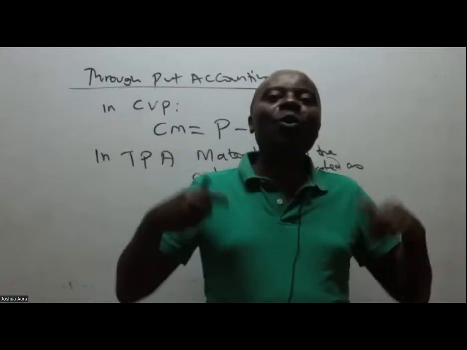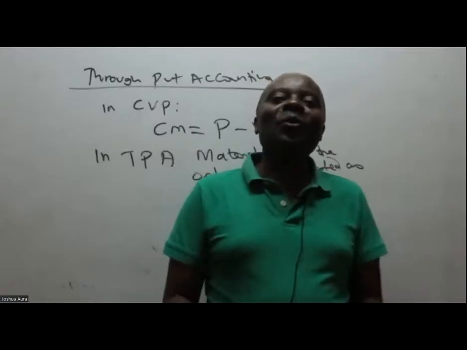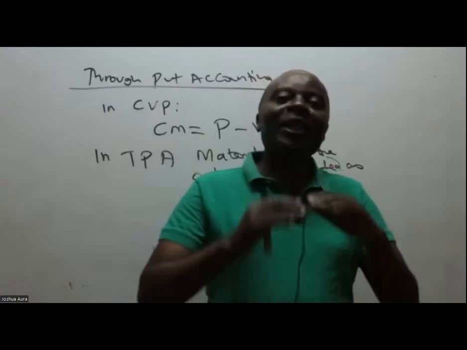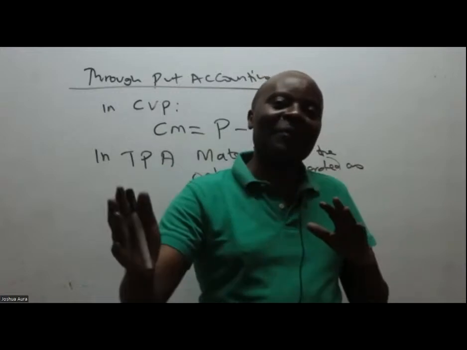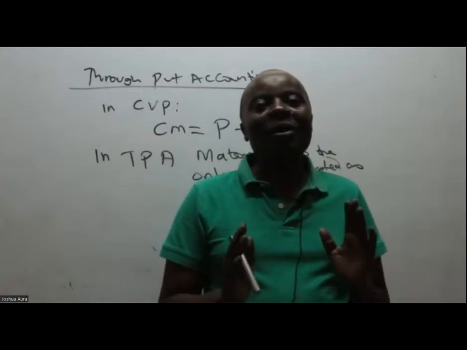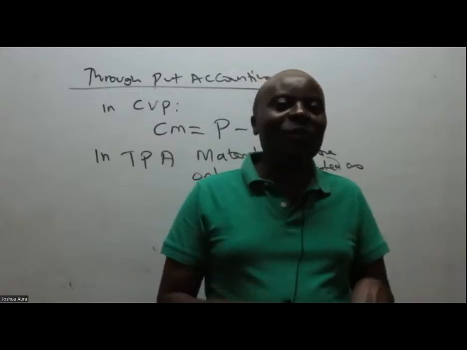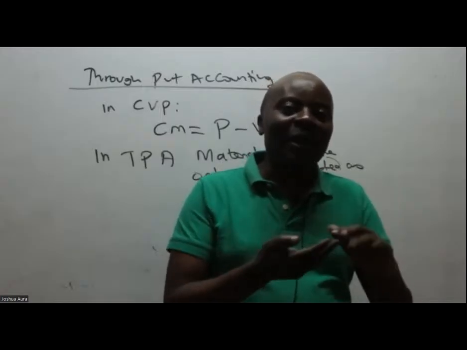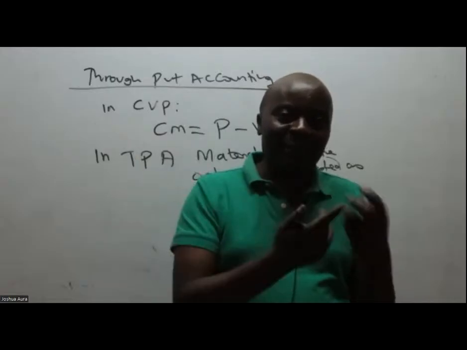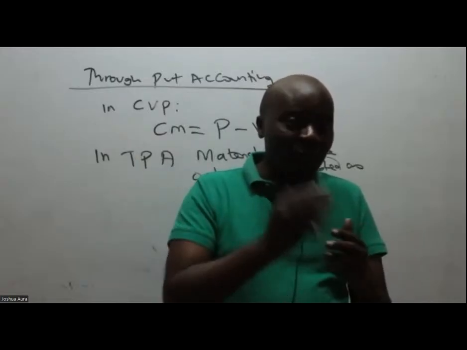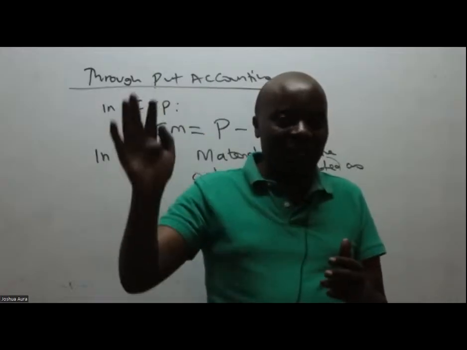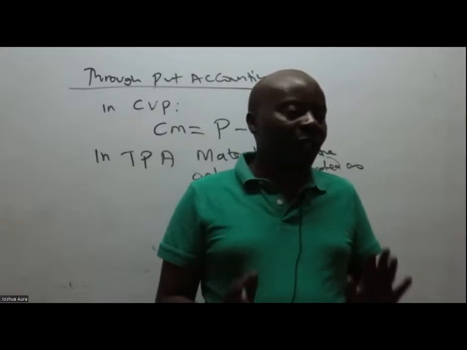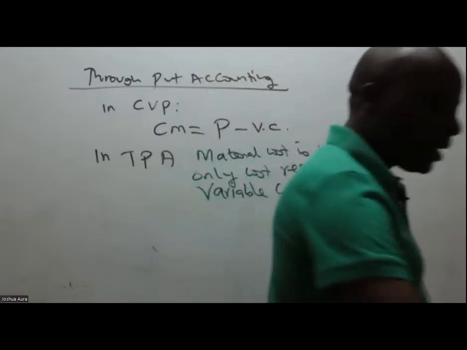But as you grow as an organization, these employees will put in demands. They'll start saying we want an SSF, an NHIF. So at the end of the day, in the long term, you will have to employ these guys on permanent basis. So the only thing that we should be accounting for as variable cost is the raw materials, because the more books I produce, the more paper I need. So those will always be variable. Even in the long run, they'll always be variable. So they came and told us that the only expenditure